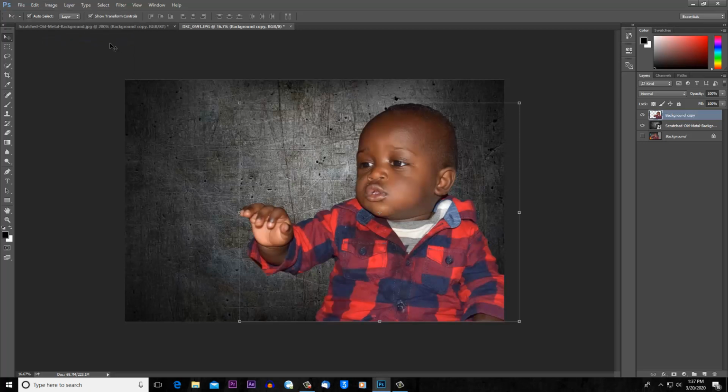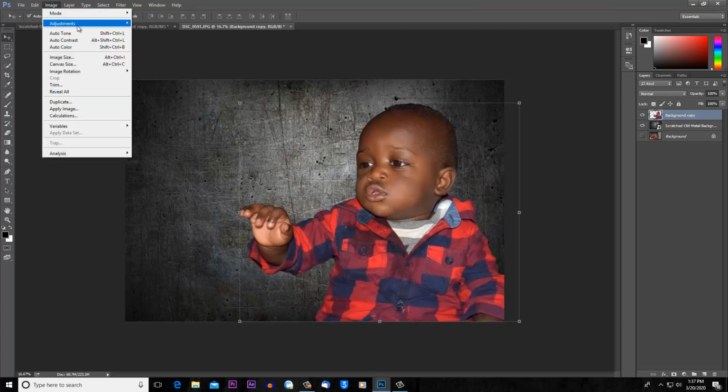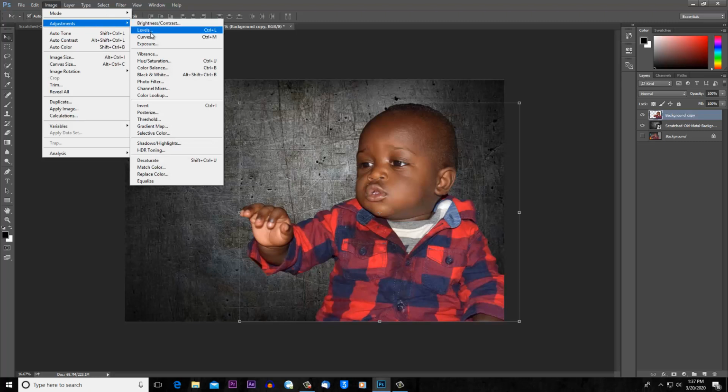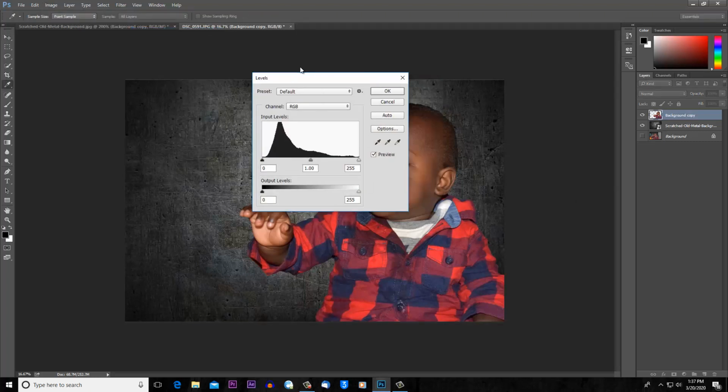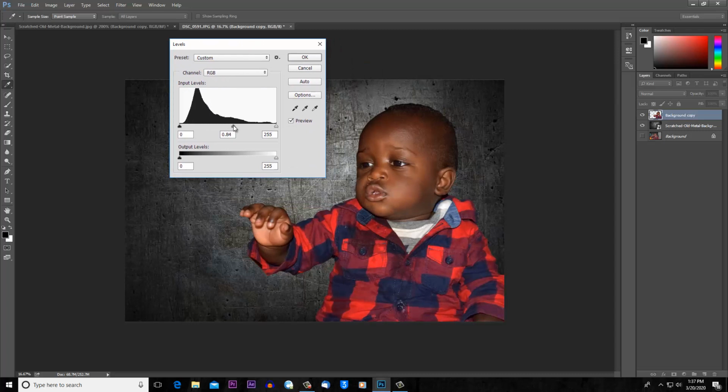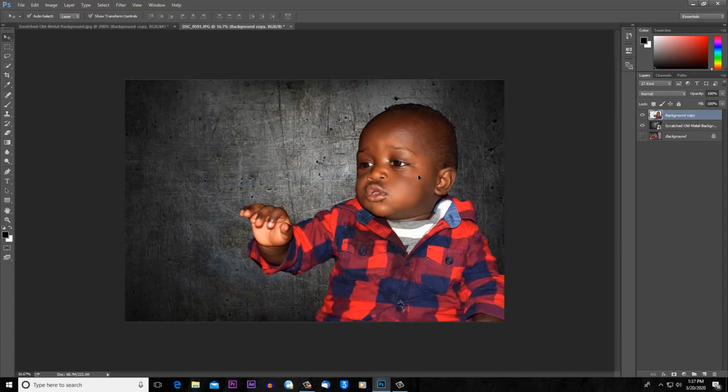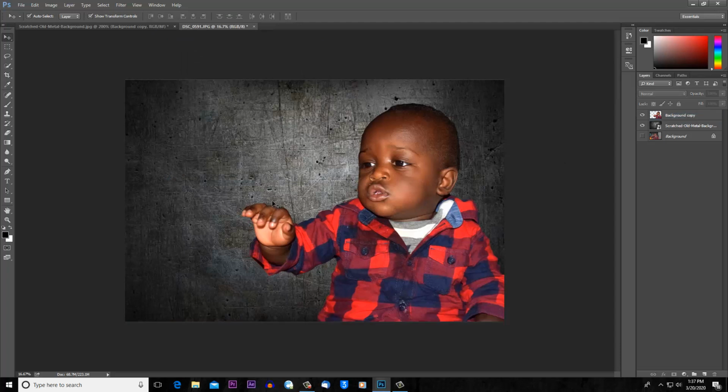Yes, that's nice. Or if I want, I can also come to Adjustments, Brightness or Levels, and then do a little bit of adjustment with Levels just to reduce the highlights. So most of the time with just this tool, you'll be able to have a very nice image that has contrast. So now I can add some text if I wish.